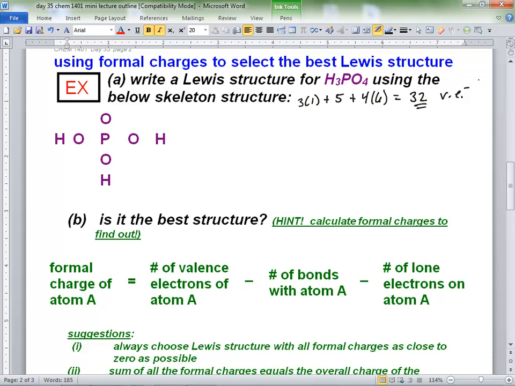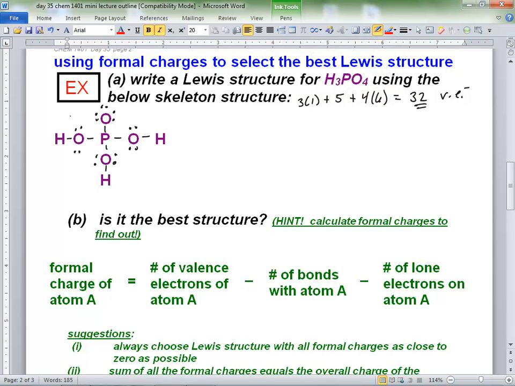Okay, and follow all the rules we did before. I like to connect everything, make octets, anything left over, put on the center atom. So let's connect everything. Make octets on everything that's surrounding. And see if we can get lucky and be done. Maybe I used them all up, maybe I didn't, so now's the time to check. Anything left over, put on the center atom. So